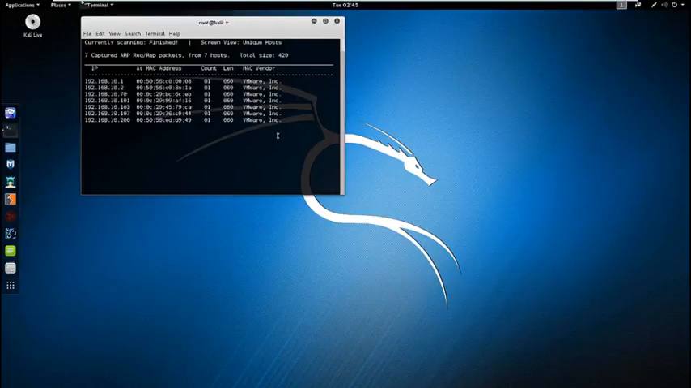I happen to have several VMs running. That's why they're all showing the MAC as VMware. But that was a simple, quick and easy scan. However, this is a noisy scan, meaning if there's an IDS or an IPS in the mix, this is going to throw up lots of information. So a better way to do that is